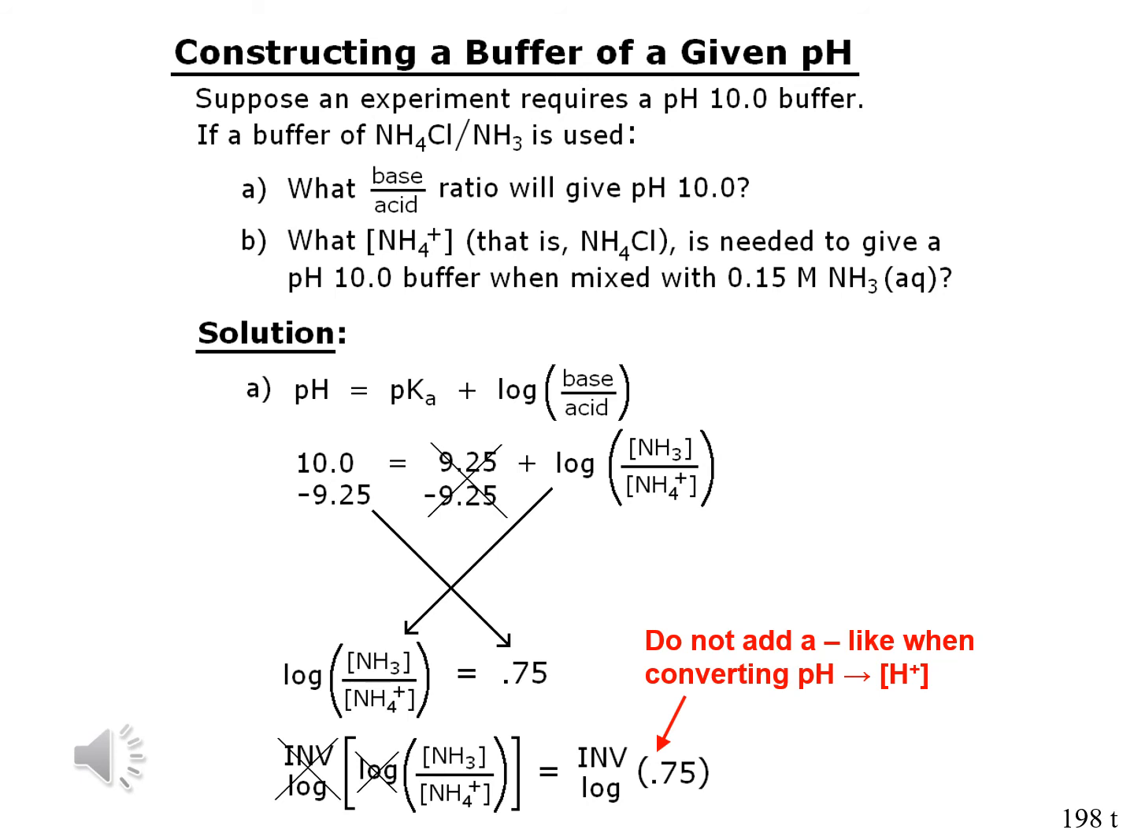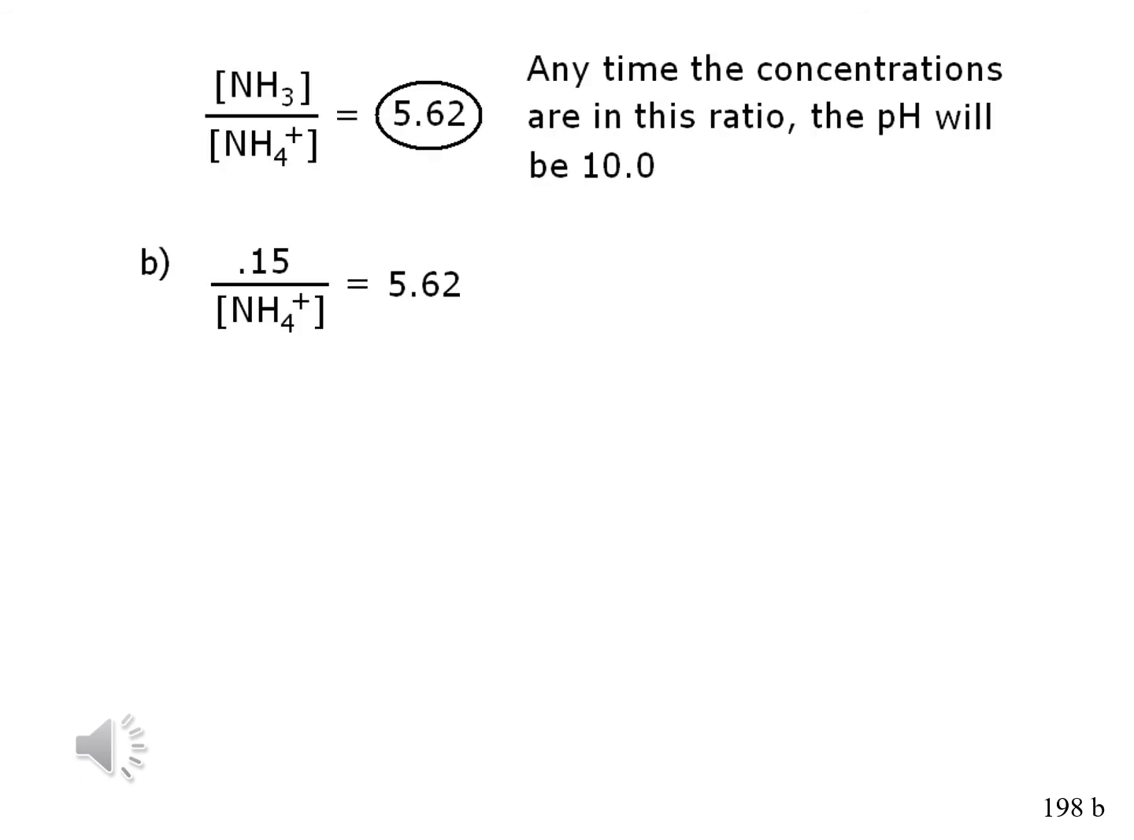The only caution I have to give you in this kind of problem is that you do not want to stick in a negative in front of the 0.75 like you do when you're doing pH problems. This is not a pH problem. This is solving for a variable. So if the number comes out positive, leave it positive. If it comes out negative, leave it negative. So now you know what the ratio is, and anytime you keep NH3 and NH4 in that ratio, 5.62, you